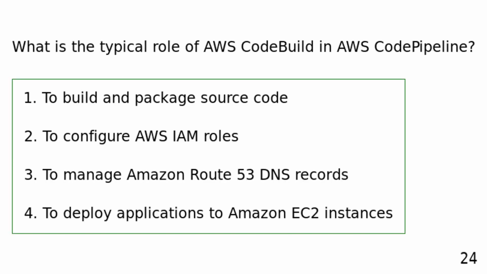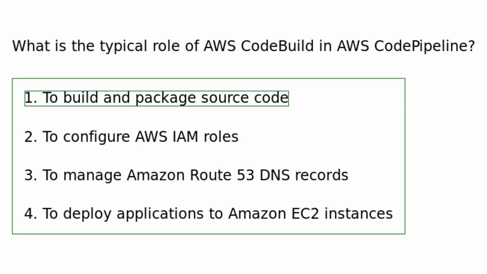What is the typical role of AWS CodeBuild in AWS CodePipeline? To build and package source code. To configure AWS IAM roles. To manage Amazon Route 53 DNS records. To deploy applications to Amazon EC2 instances. AWS CodeBuild in AWS CodePipeline is typically used to build, test, and package source code before deploying it using subsequent